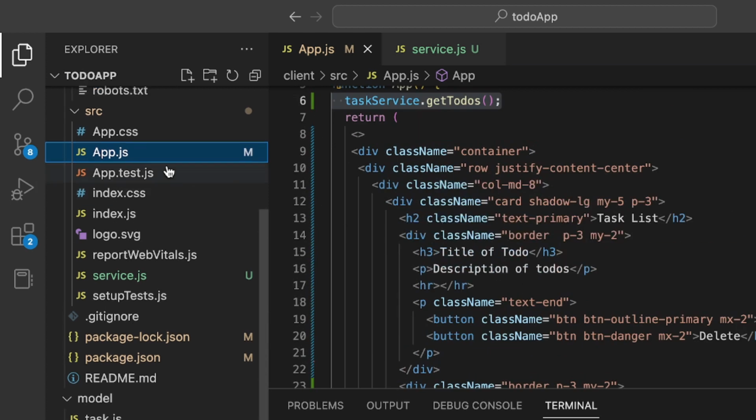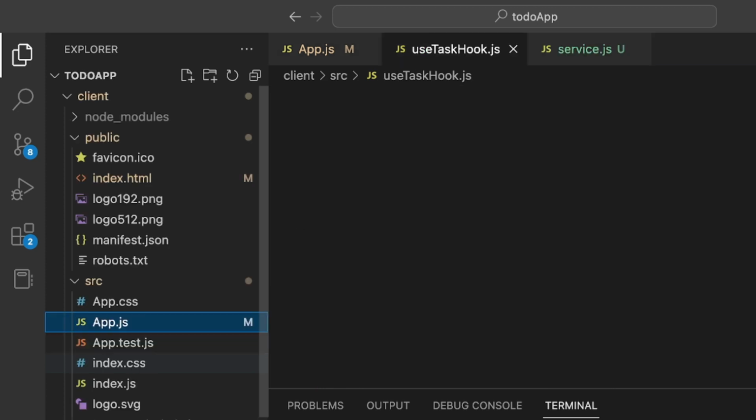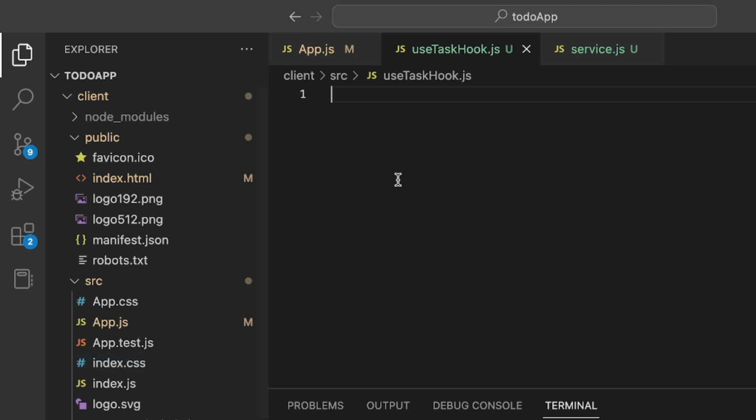So we are going to add one more file, and the file name is useTaskHook. In the hook we are going to use another predefined hook which is called